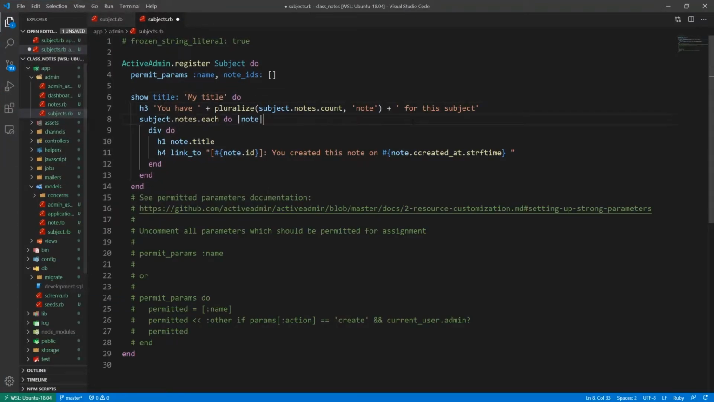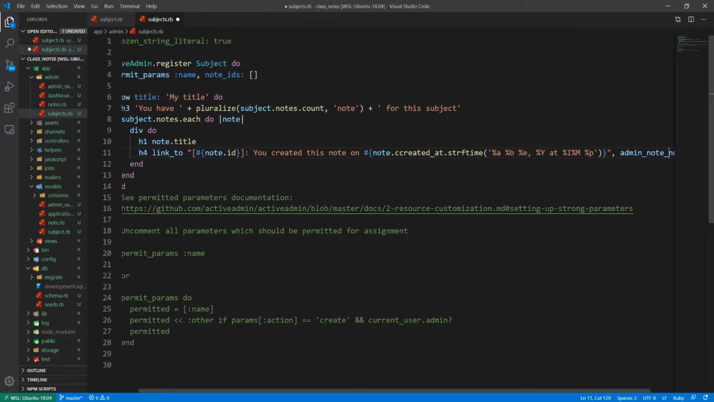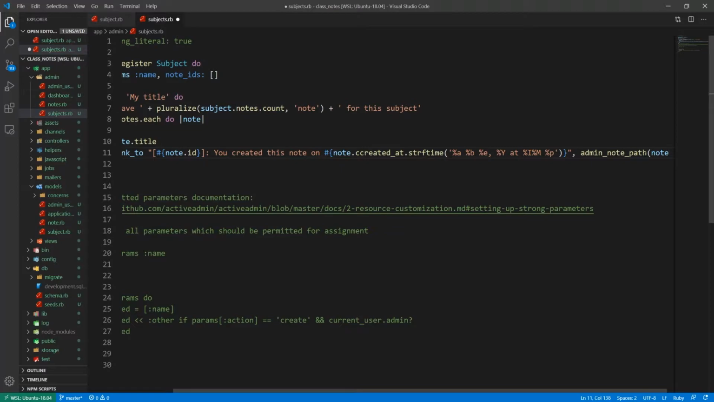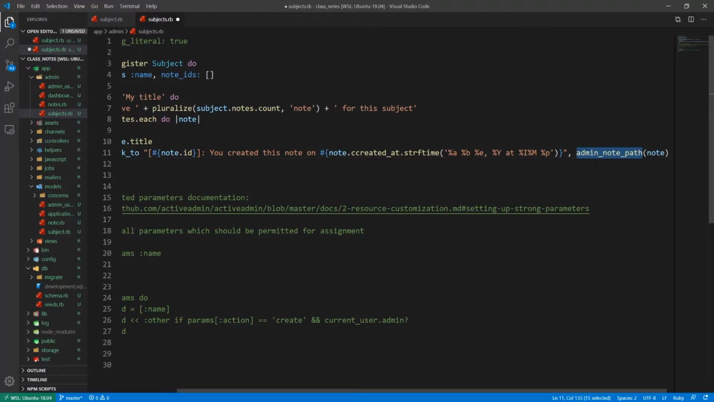So we'll just come in here and we'll save this. We'll put in the strftime. After this does need to be inside of a string, and then we just paste that in. And then after this, we can say comma, and then we need to pass in the note. Now we can't just do the note like we normally would, because we're in a different sort of route structure. So we do need to say admin_note_path, and then we can pass in the note, and that'll give us